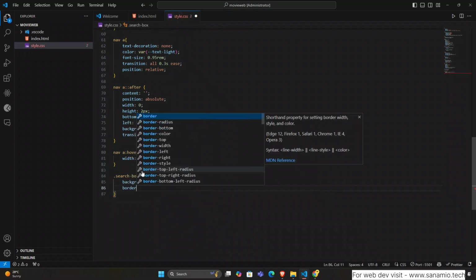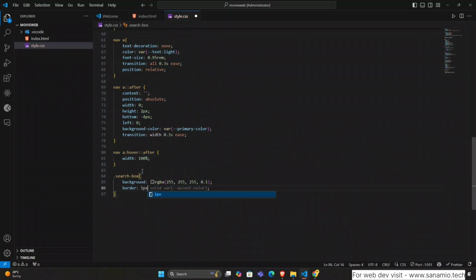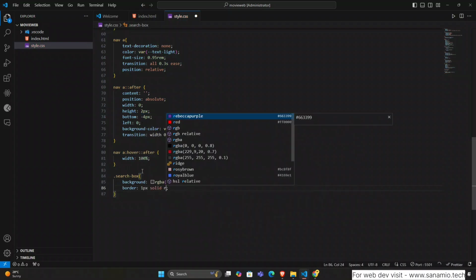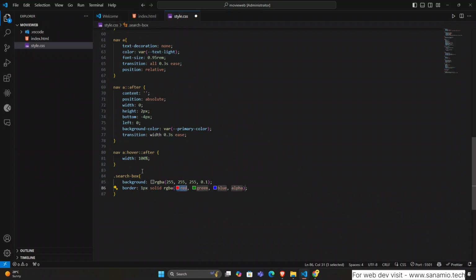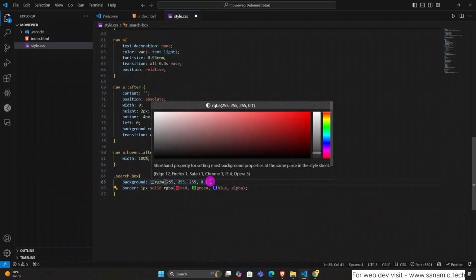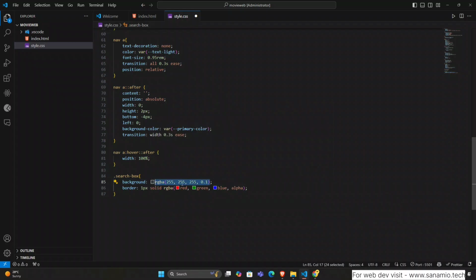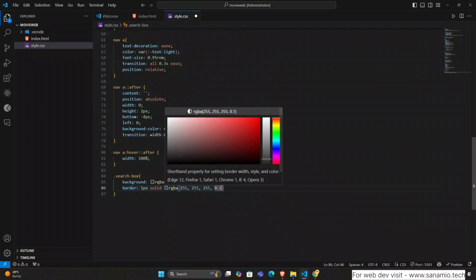I want to give a border, so the border will be 1 pixel solid. It will also be RGBA, the same as this, but slightly different. Change it to 0.2,